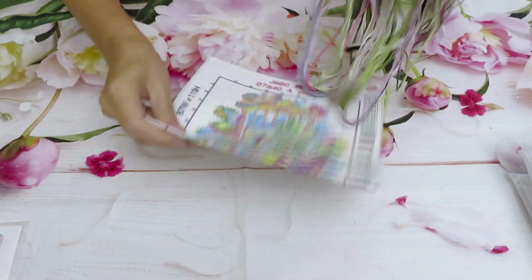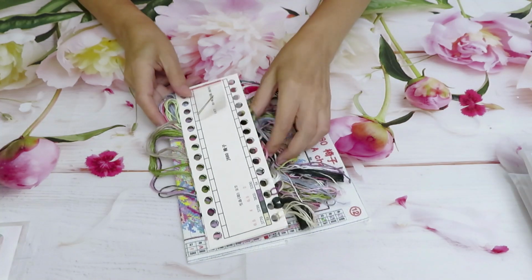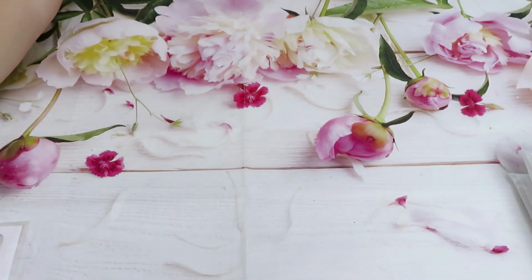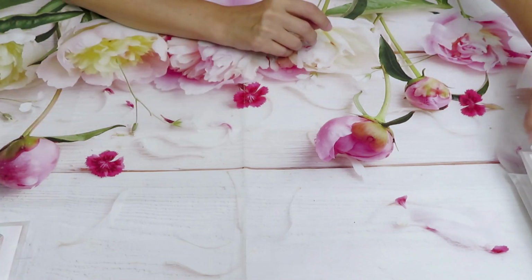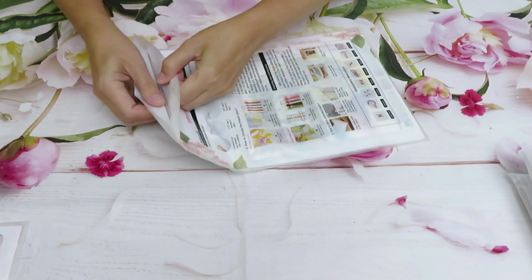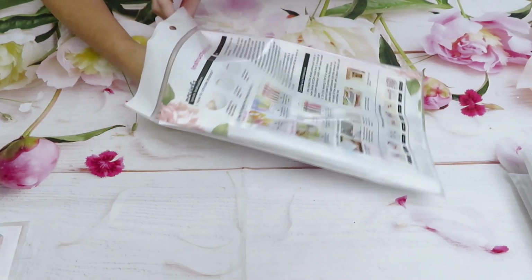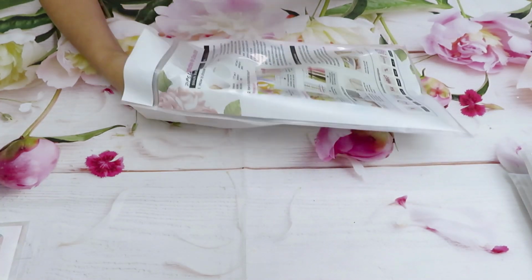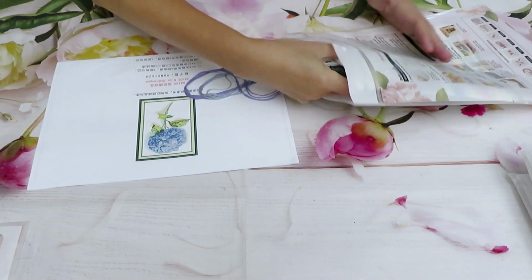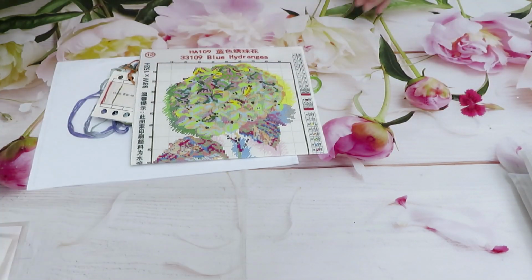Very cute little one. I like sometimes to pick not just, well, this time I pick all the new designs to show you, but very often, if I have big designs, I also like to pick a smaller design for those who can handle a big one. Just a different choice to show you what you can see. And with Joy Sunday you always will be a winner, because this product always gives you a very nice